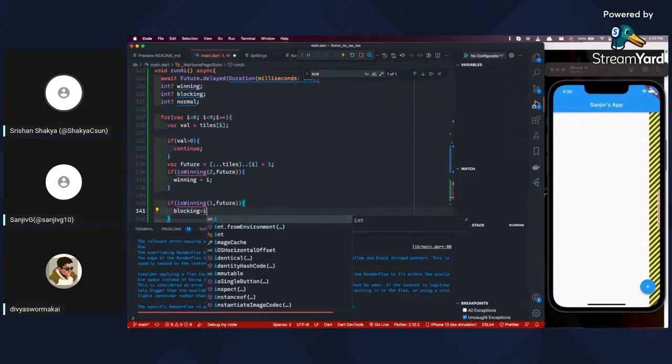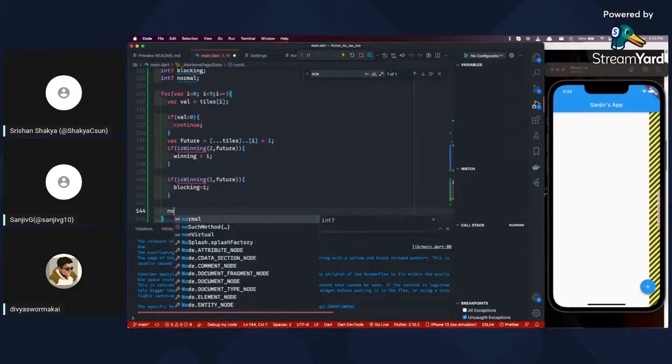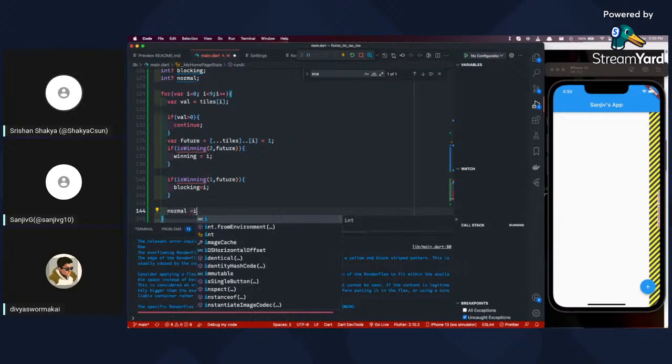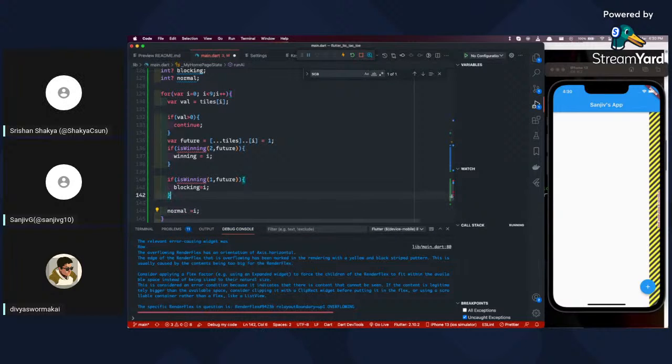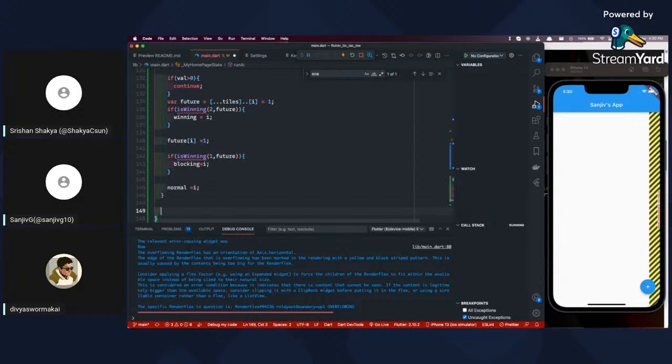And there are some red lines in the is winning function because the is winning function hasn't yet been written or coded, and we will do that. The person in the video will do that, and our friend Makai will also code along with that. So let's just wait for now.